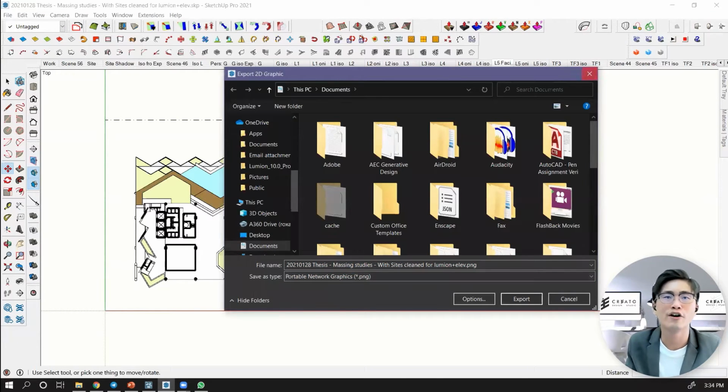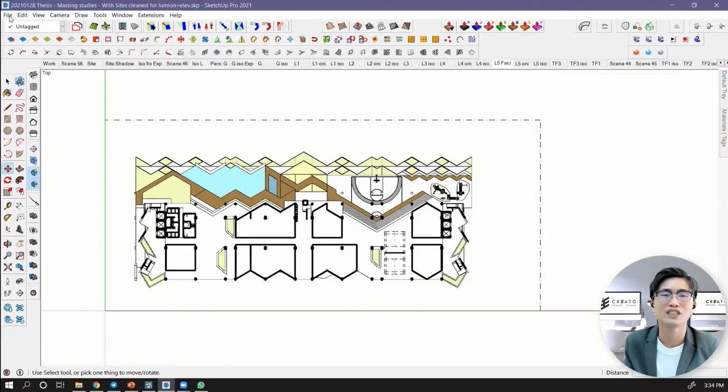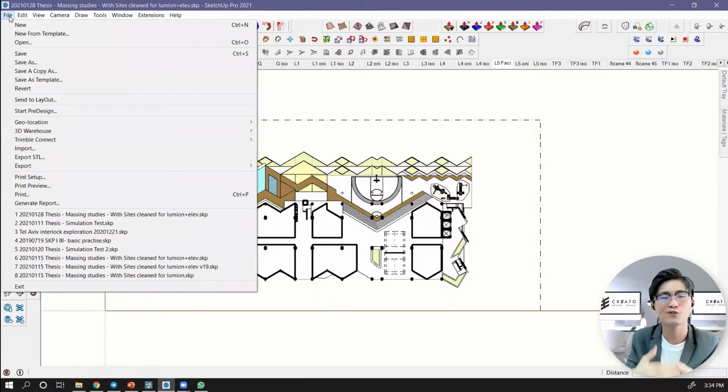But we did an experiment recently. We want to see if SketchUp has improved to a level that we don't need to use AutoCAD, because I feel like AutoCAD is very troublesome, right? Sometimes. Do you feel that? Do you feel AutoCAD is very hassle, very 麻烦 in Chinese? If you feel that, tell me in the chat box.